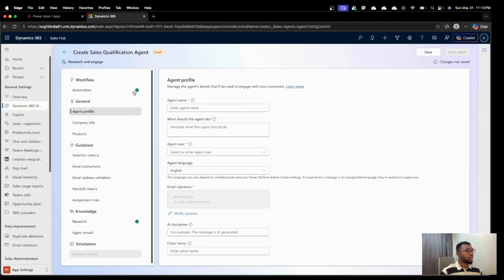Okay, so you can see automation is done. Now I have the instance where I will put in the agent's name. So I'm setting up the profile of this agent basically. So we can give it a name. I'll just call it Frank AI. Let's say Frank